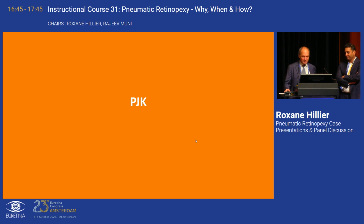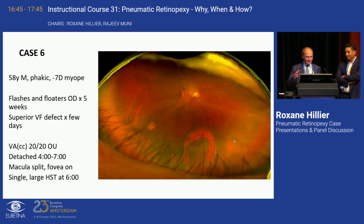Thanks, Rajiv. This first patient is a 58-year-old Asian male, a moderate myope, who had a few weeks of symptoms and came in with this inferior retinal detachment. To be fair, I know people are shaking their heads, wondering, this is not a good patient for a pneumatic. I didn't look at the picture before I decided to do a pneumatic on this patient. I looked at the patient, and I really thought the break was more at 5 o'clock rather than 6 o'clock. But looking at the picture,